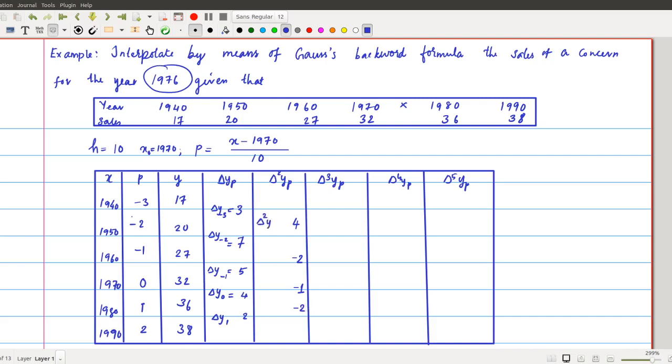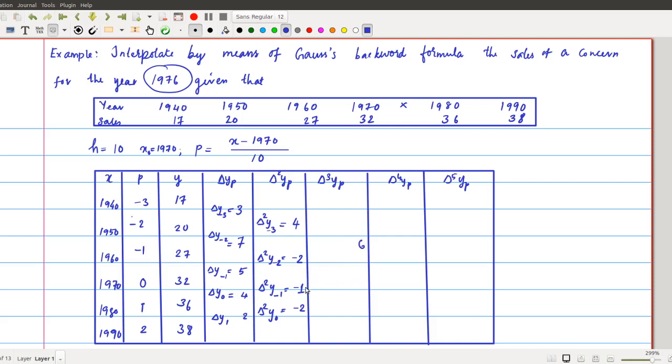Delta square of y minus 3. This is delta square of y minus 2. This is delta square of y minus 1, and this is delta square of y naught. So these are the values. Okay, now you have third order. So here we have 4 minus -2, that is 6 here, and we have 6 here, and the difference between